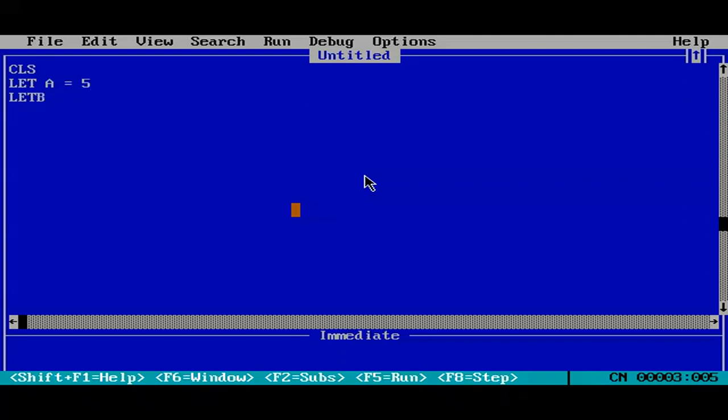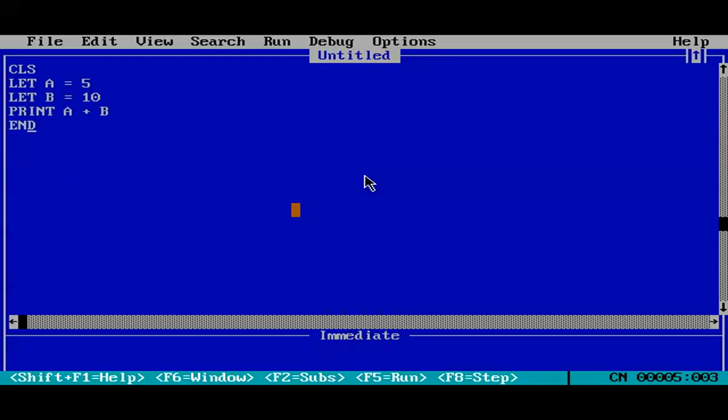LET B equals 10, and PRINT A plus B. Now if I press F5, you get 15, which is 10 plus 5, because LET assigns the value of 5 to A and the value of 10 to B. Now this is for LET.